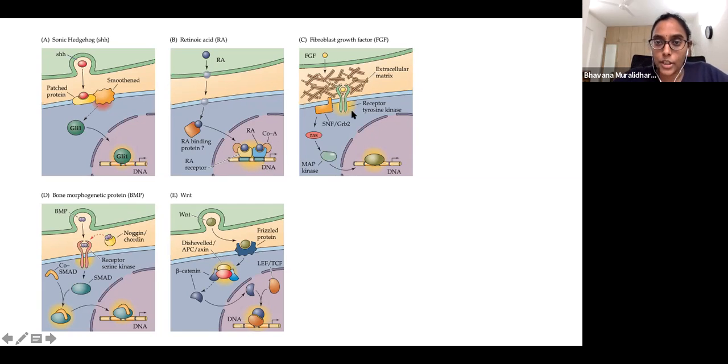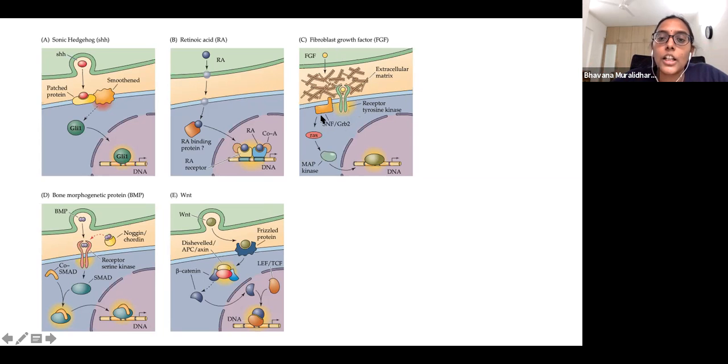the gene expression. The FGF has a receptor tyrosine kinase. Then the RAS-MAP kinase pathway is activated, which is phosphorylation. And maybe you will study some of these in great detail in your cell biology courses. But I'm just putting it out here to tell you how this works. So essentially, I think one common theme